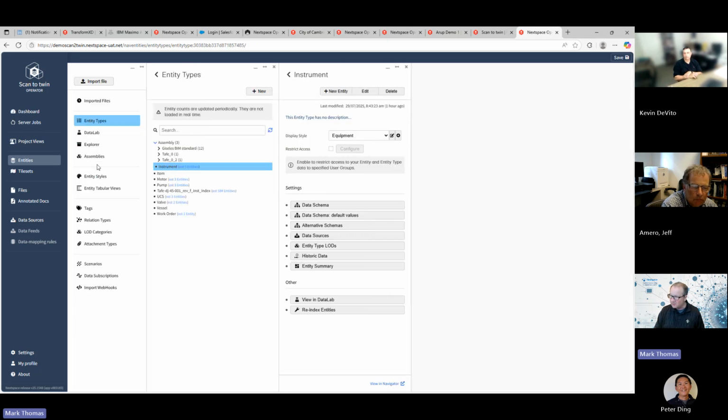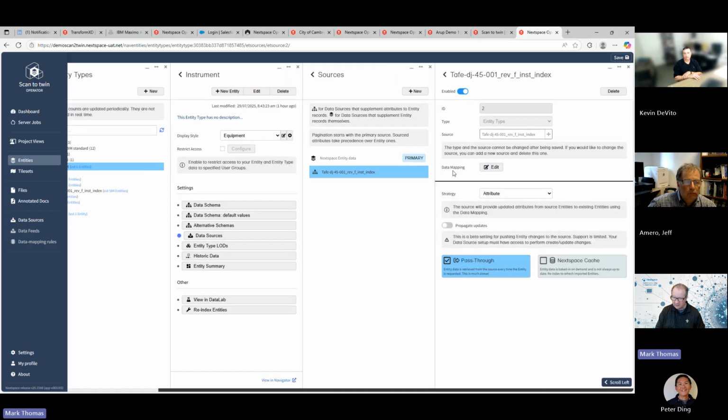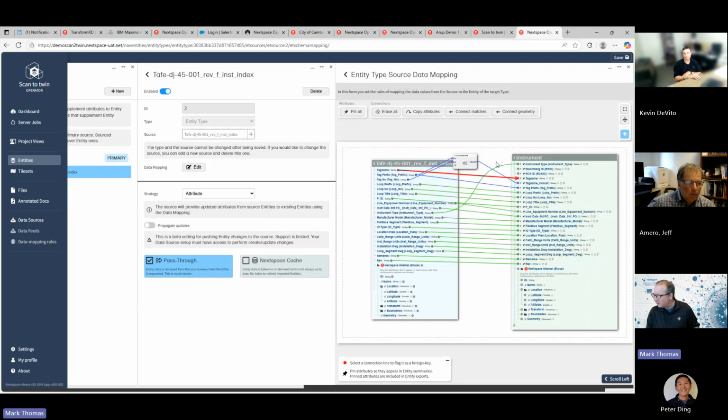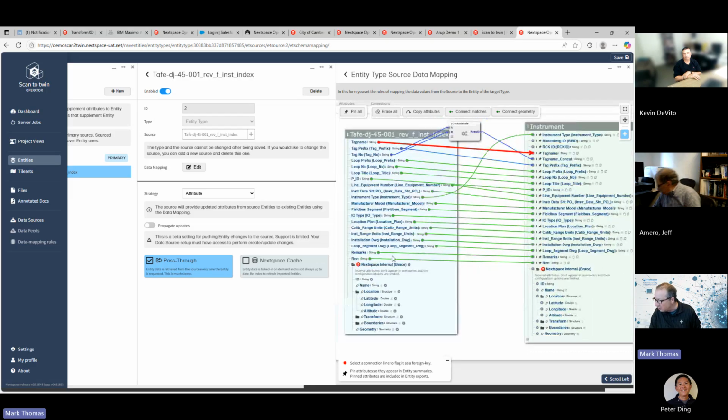So now I want to go to the instrument and say, well, actually, I want to connect that instrument data from the spreadsheets to the instrument. So I go to the data source and I go new, and I click and I add this to it. And then I say, I'd like to edit how they're joined together. So I go edit, and we could start again, or I can draw from line to line. I go, I would like Rev to be there, and I would like this one to be there, and I'd like to take that prefix, I'd like to concatenate those two address fields together into one address field,